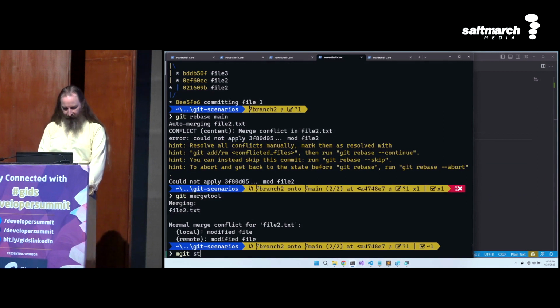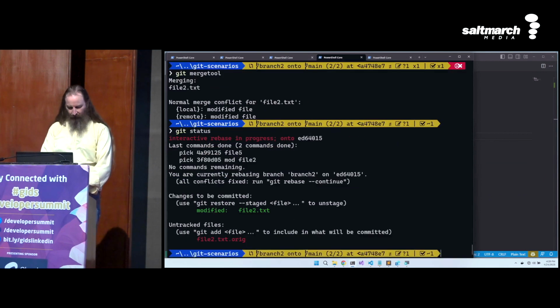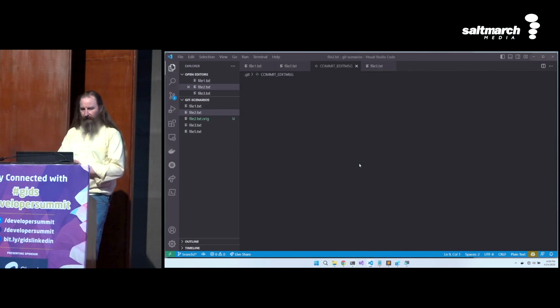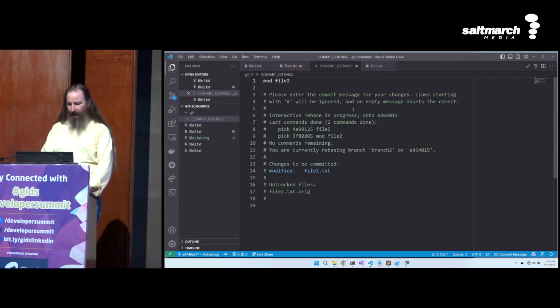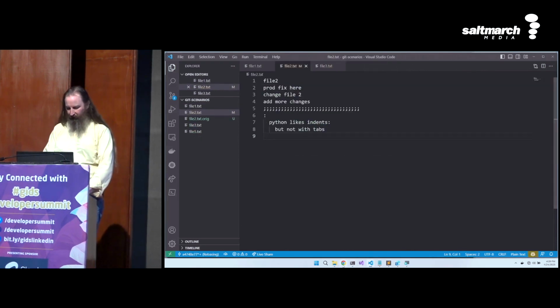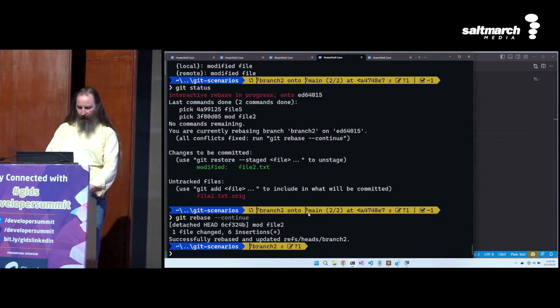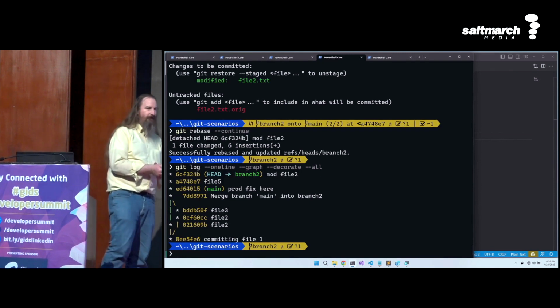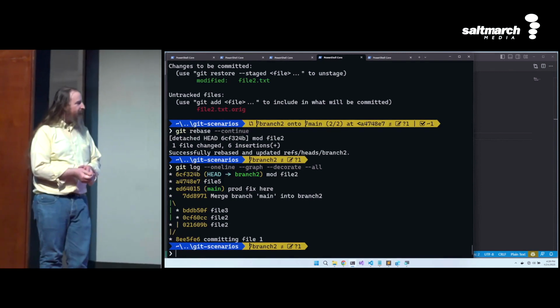Git status. Yep, I've got modified file 2 there. Git rebase --continue. And now it's going to ask me for the commit message. I might have changed it. Yep, I think that commit message is fine. And the rebase goes through. And now, if I do git log --oneline --graph --decorate --all, I've got branch 2